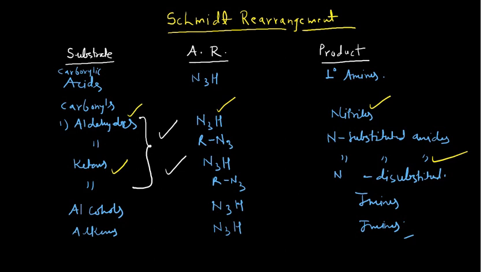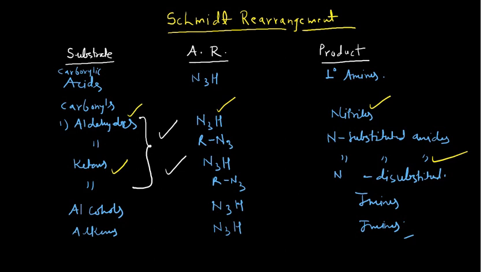Unfortunately, I couldn't take that CSIR NET problem here, which has been asked. The question has been asked on this Schmidt reaction. So let's see, whenever I get time, and when I solve the multi-step reactions on organic synthesis, then definitely I will take such problems which have been asked in previous year CSIR NET examinations. So I hope you understand the things well.